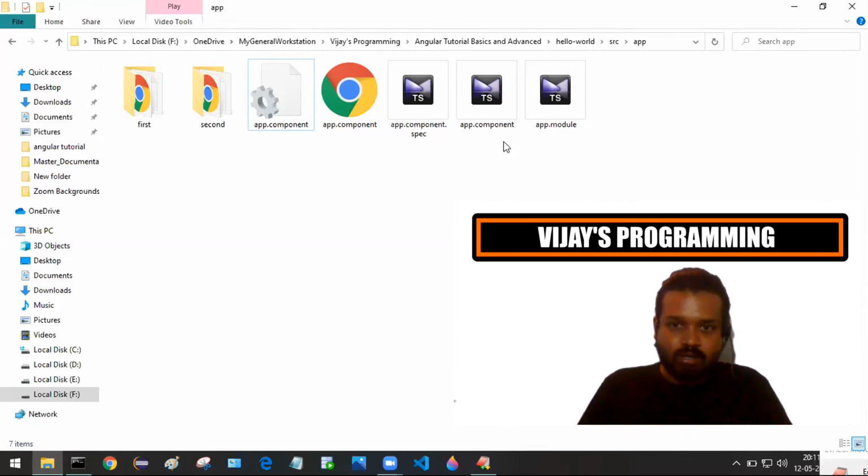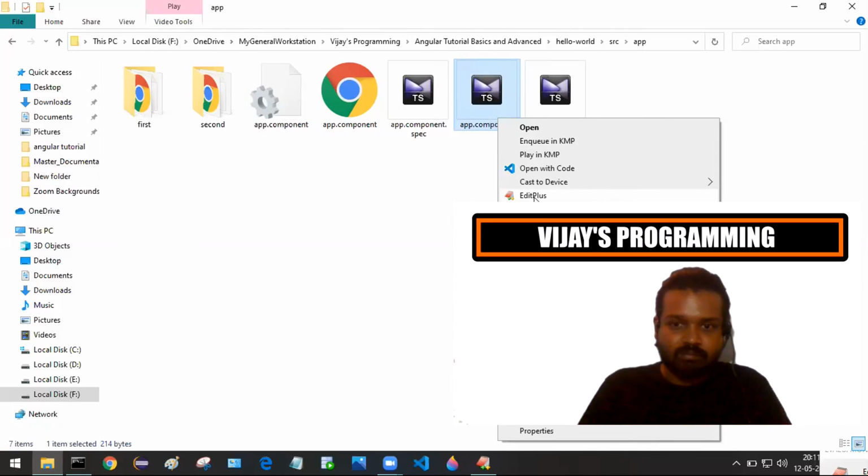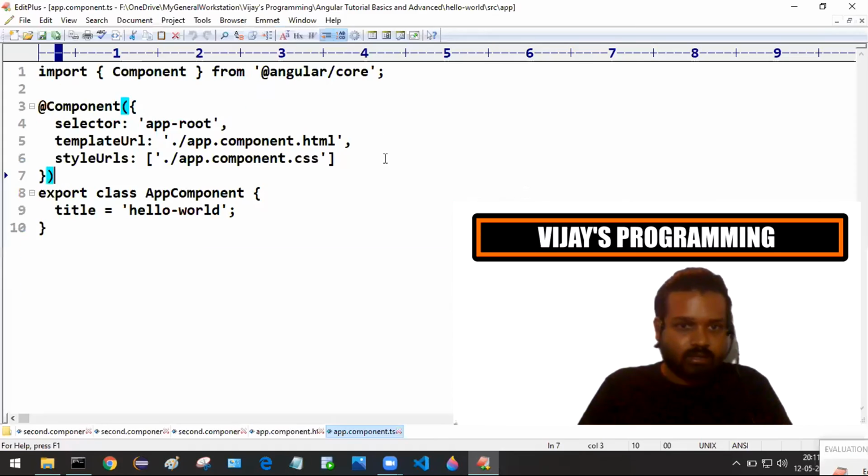Now come to this app.component.ts file. Right click and edit. It is fine, we don't want to touch anything on this.